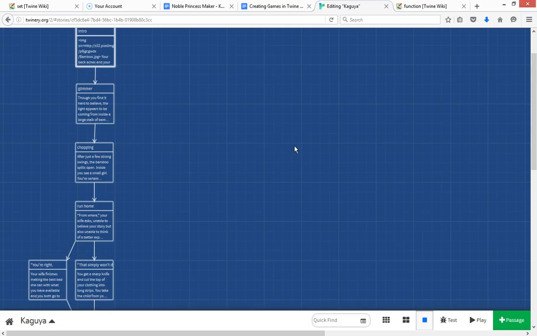So something that can save you a lot of time or help players out to give them information they might need over and over again is to have a passage that you have show up in other passages. So you only have to write the passage once, and then you can reuse that passage within other passages. So to show you what I mean by that, we're going to use the gold that a player has acquired